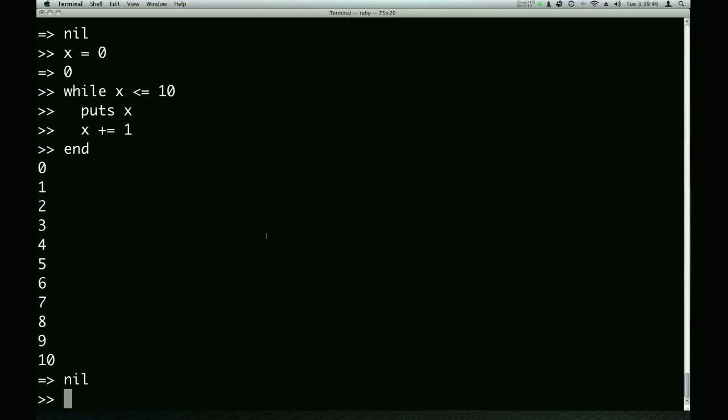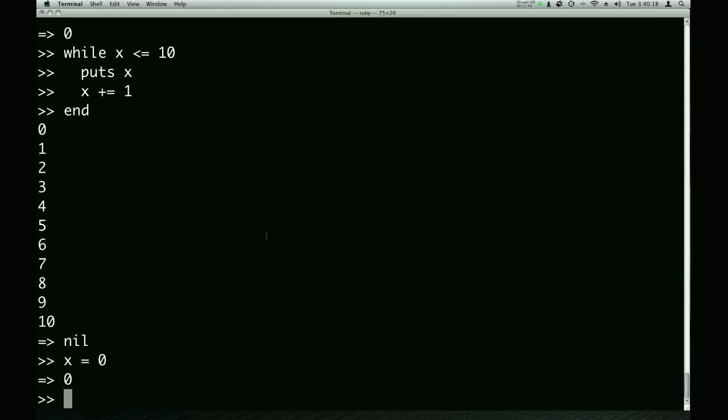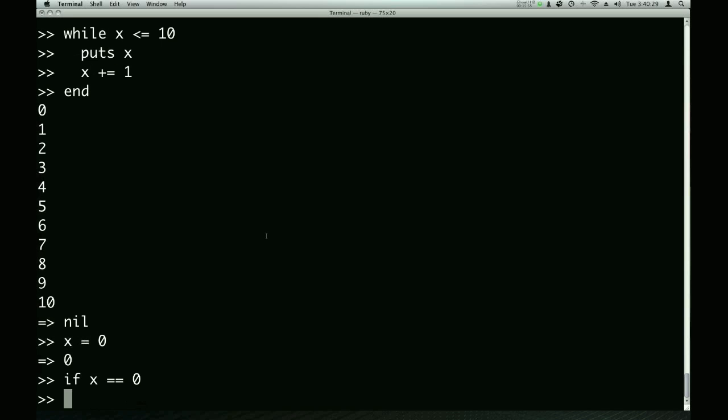Now, let's move on and start combining these two. We can use a while loop and an if statement together. So let's first use an if statement, then nest a while loop inside of the if statement. Okay, so if we say x is 0, so we reset it from the original 10, and if x equals 0, so if x contains the number 0, we'll run this while loop on it, so while x does not